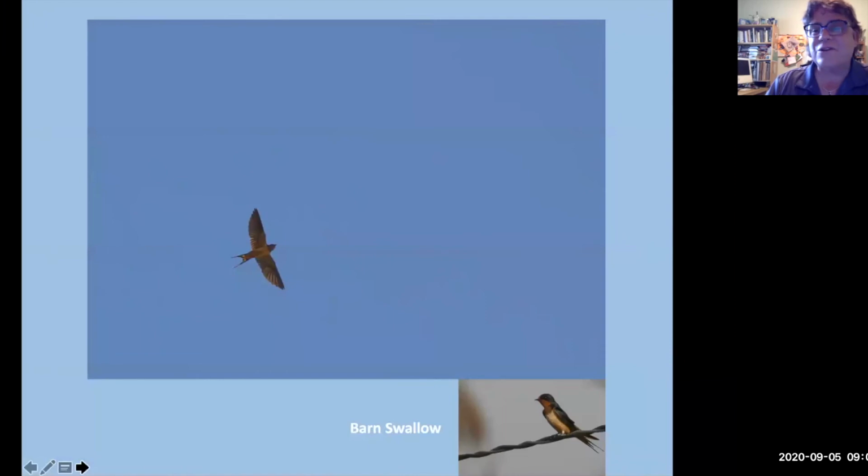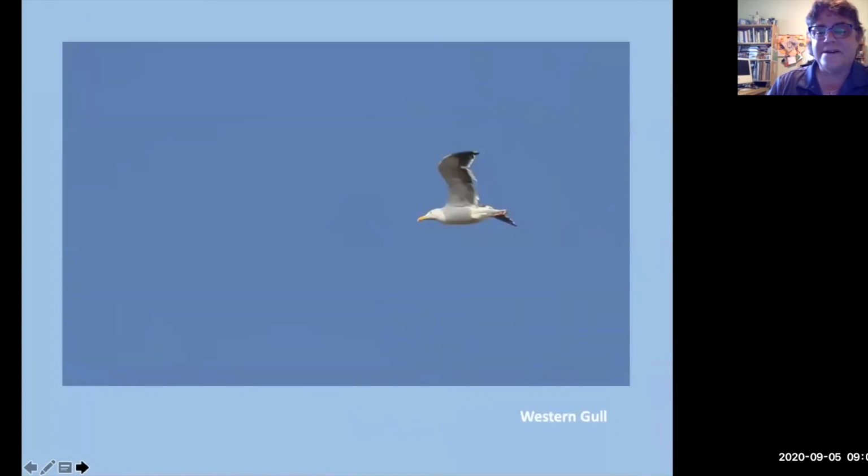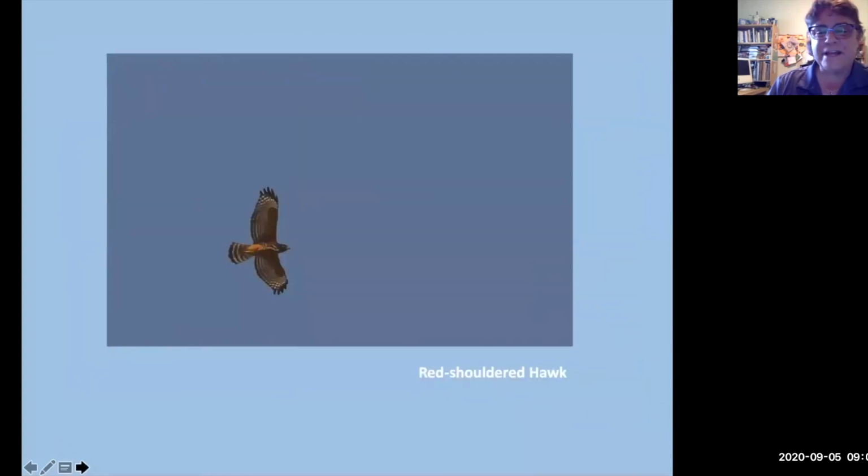And then also eating the aerial plankton are barn swallows. And they have this fork tail, really neat, straight wingspan, rounded. This is beautiful. This is what they look like when they are perched. Western gull heading over to the beach. I know it's a western gull because of the charcoal trailing edge of the wings here. And also they have pink feet. Notice I didn't say seagull. They are gulls.